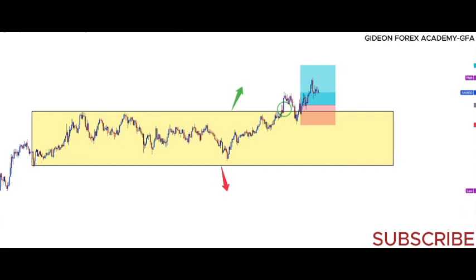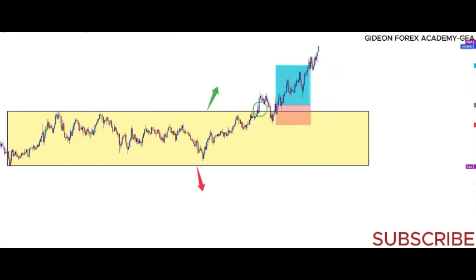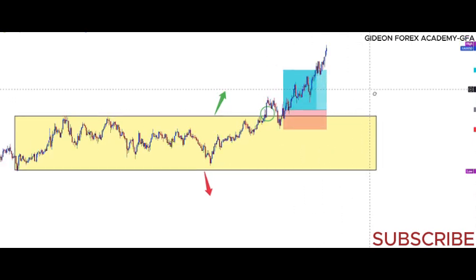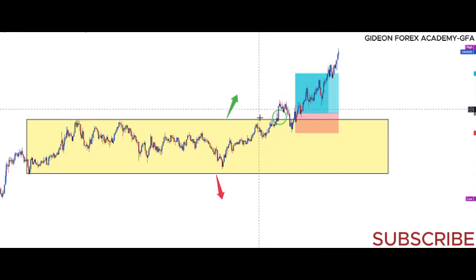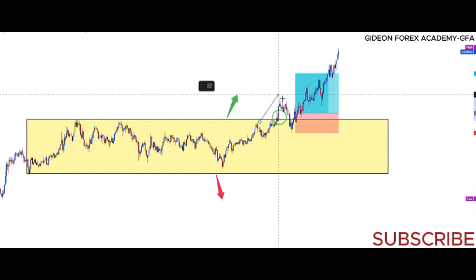Let's play and see what happens here. Boom. So you can see that would be a winning trade at a 1-to-2, and you scalp quick and you are out. These breakouts on lower time frames are really good for scalpers. As you can see, this was a very clean breakout and retest